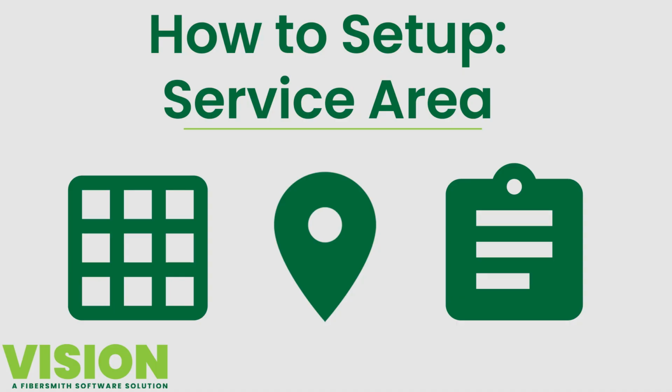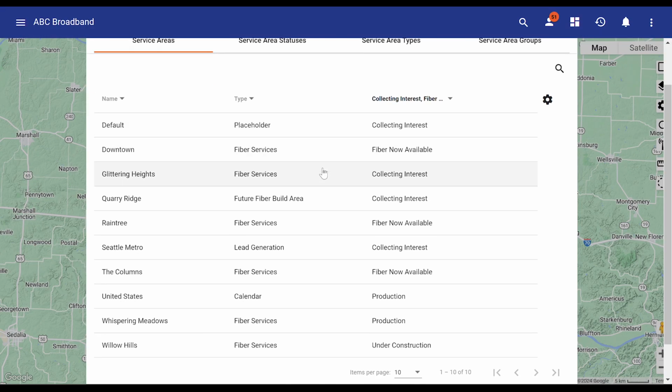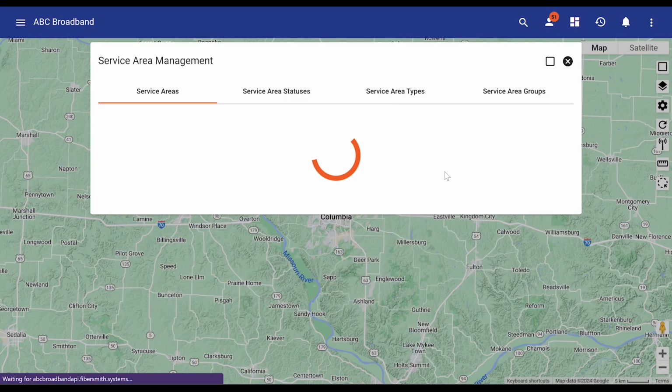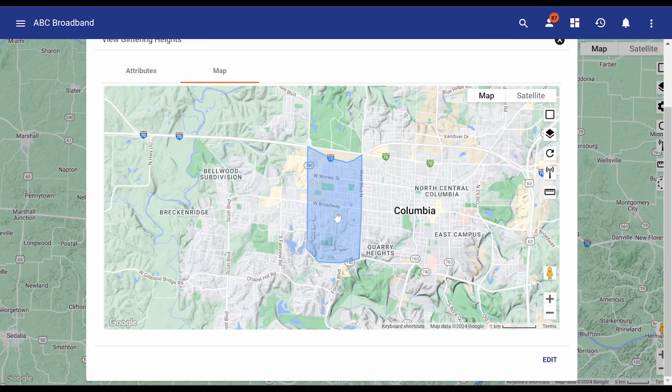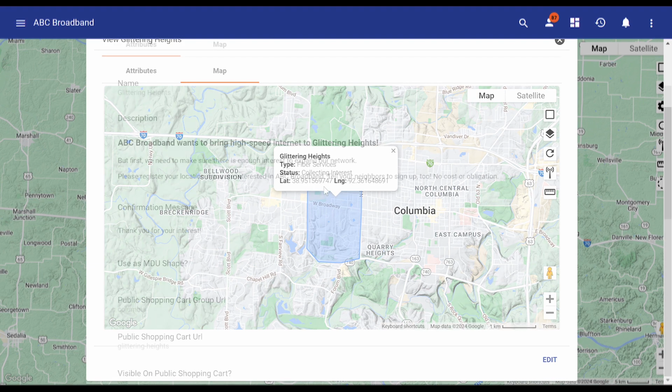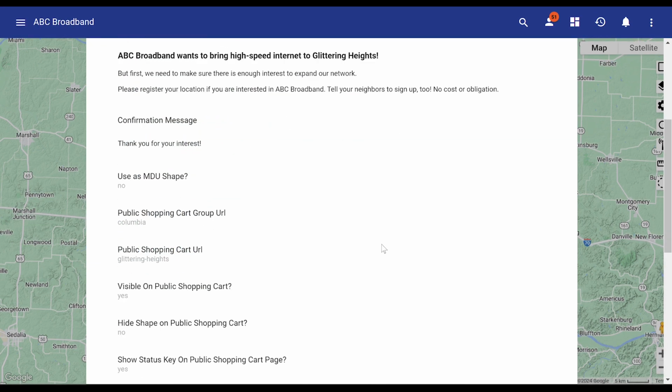Service areas are geographical shapes defined by the service provider in Vision. Service areas are the key to how Vision will know which service packages are allowed to be sold where. When set up and managed properly, all potential subscribers whose address point lands within the service area shape will be given the option to purchase the defined packages or pre-sign up for a future service through the internal or public